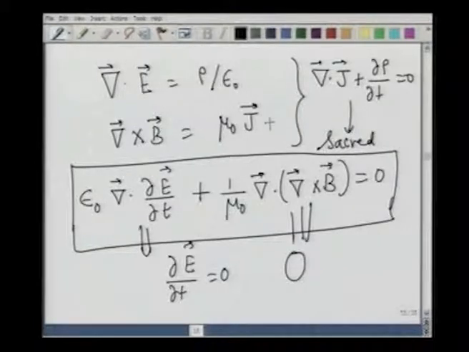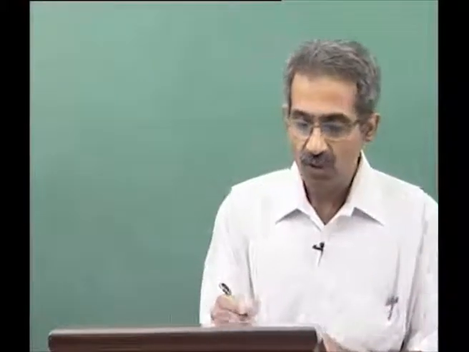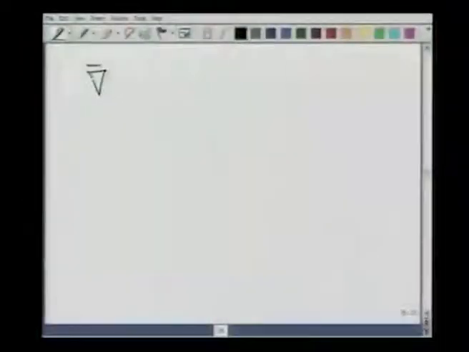So, if I add an extra term such that this term gets a cancellation coming from that extra term, then we have saved our conservation law, and it is clear to us by looking at this particular expression that a time dependent electric field could also produce a magnetic field. So, let me write that in words. What we shall do is to look at the Ampere's law and generalize it.